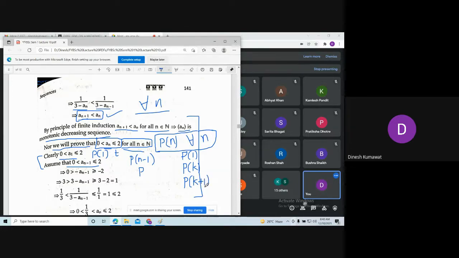Okay, now I have chosen k minus 1 here, that is nothing but n minus 1. So now what will we prove? P of n. Since I have chosen n minus 1 here, we will prove P of n. Is that clear? Yes, sir. And this is true for all n. So please remember, this is just the play of words.